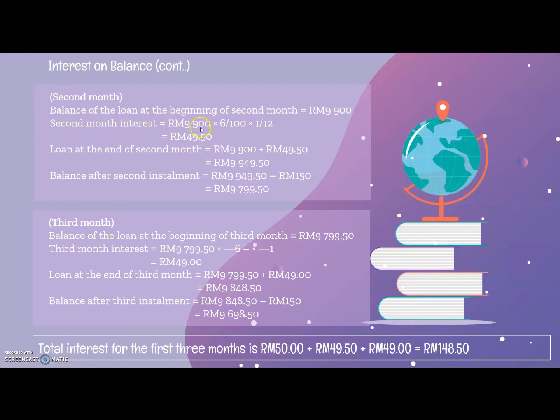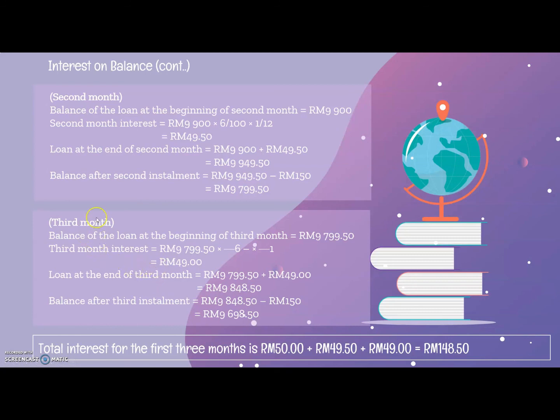Then the second month interest is 9,900 times 6 divided by 100 times 1 over 12, which equals 49 ringgit and 50 cents. The loan at the end of the second month equals 9,900 plus the second month interest. Then the balance after the second installment is 9,799 and 50 cents. For the third month, the balance at the beginning of the month is equal to this, and then